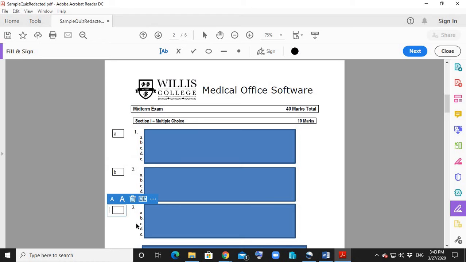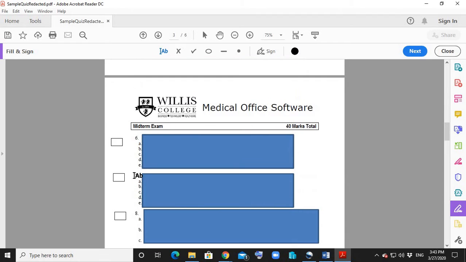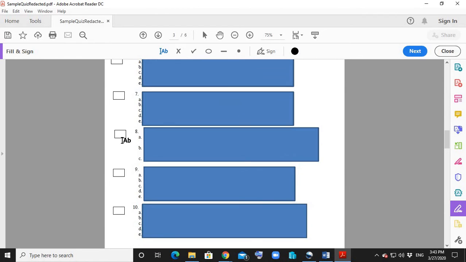It involves double clicking in the box to get it to pay attention. So you can scroll down, answer all the questions. Same thing with these. So you have to make all those